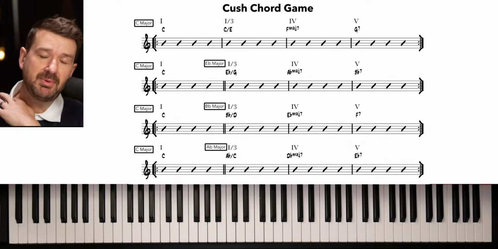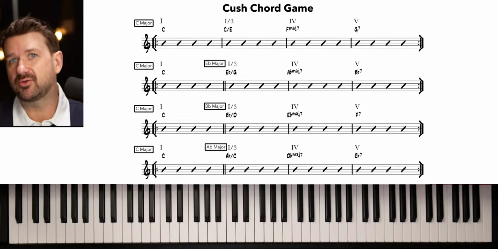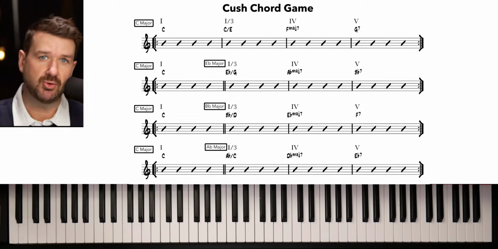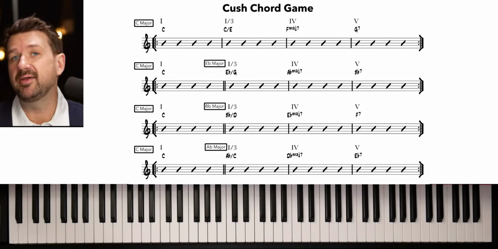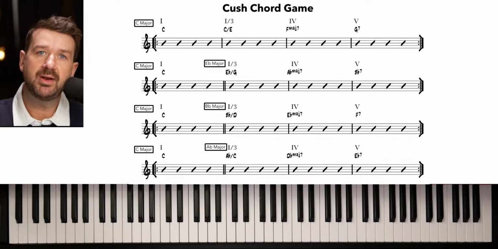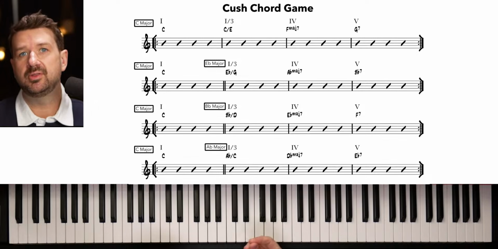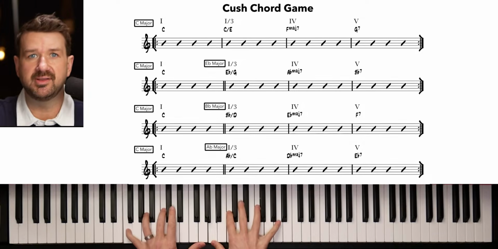So we're going to be using the same modes exactly on this same exact chord progression, but now we're going to play the Kush chord games. Now, this is a game that I like to frame. It's a different way of thinking about modal interchange. It's technically still modal interchange, but we're not changing out the 3 chord or, let's say, the 4 chord in C, right?